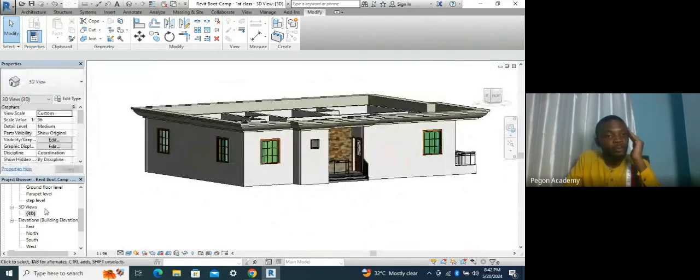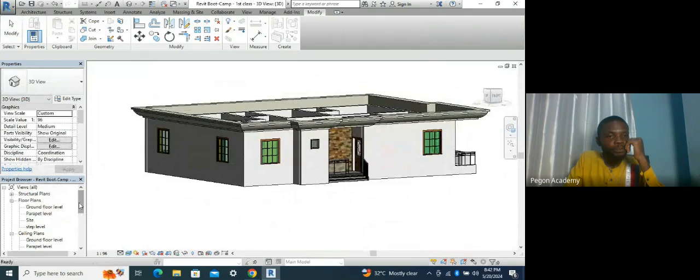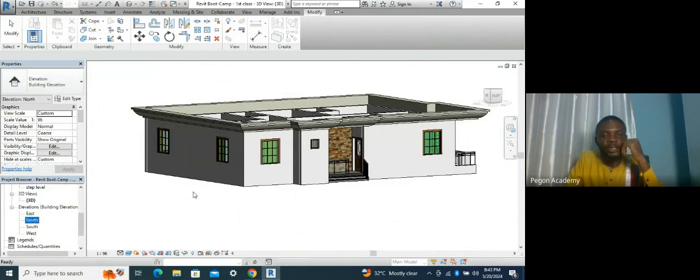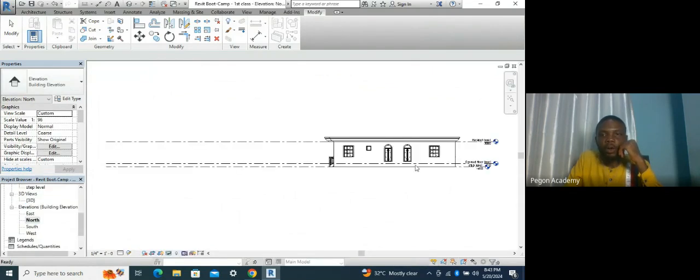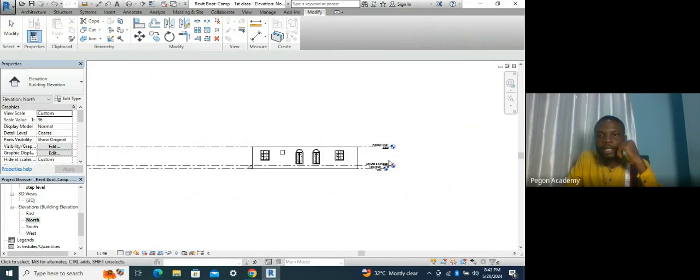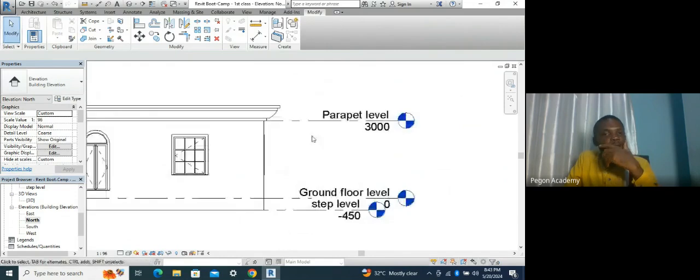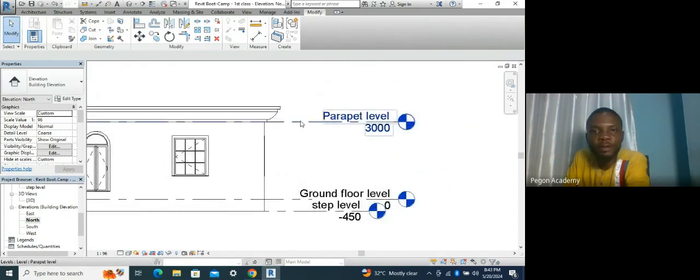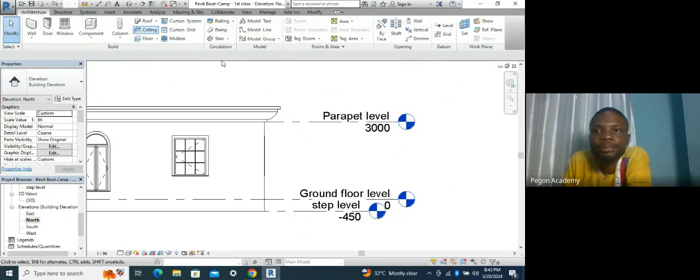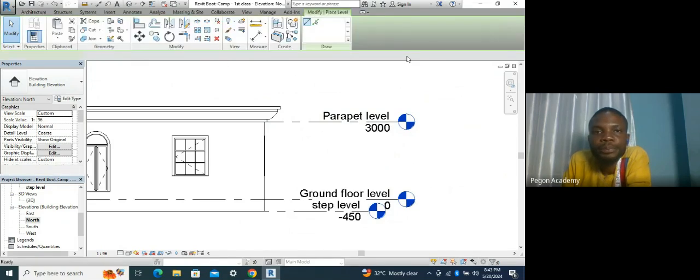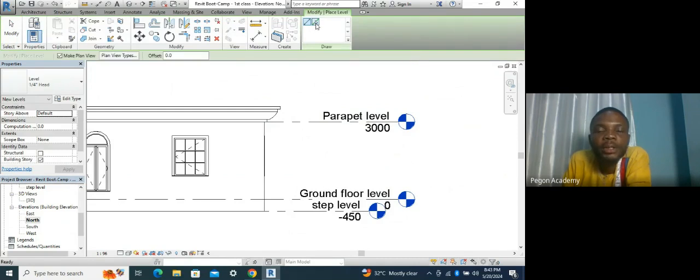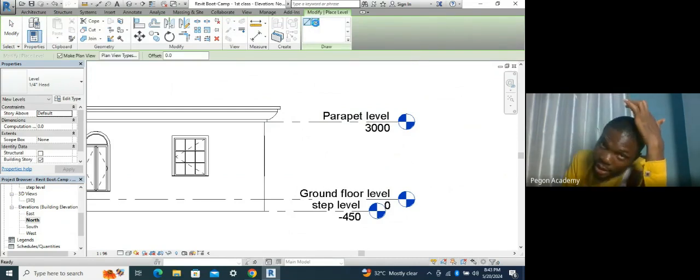So to create a roof, we are going to go back to, first of all, we need to create a roof level. Remember, when you go to the elevations, we created the ground floor level, the step level, and the parapet level, but we have not created a roof level. So to create a roof level, just the same way we create levels, under the architecture tab, you go to levels here, and then you click on pick lines, this particular icon here,